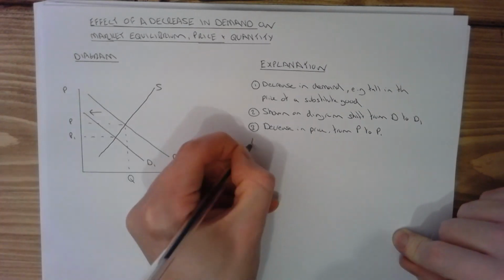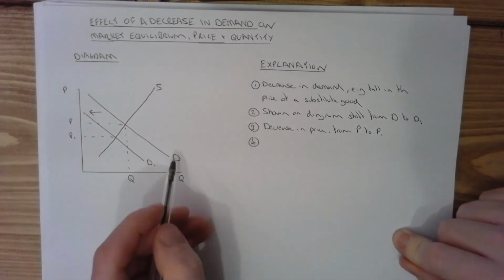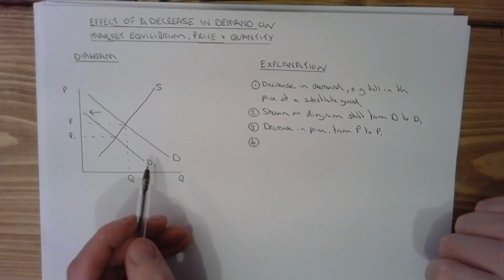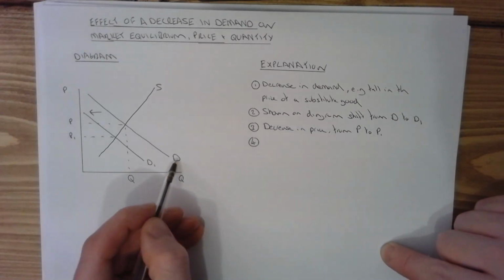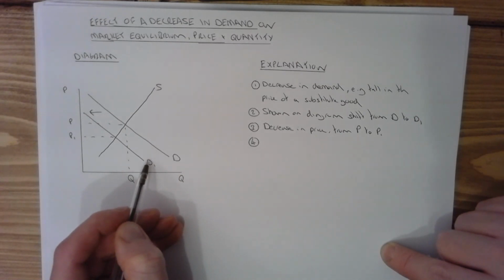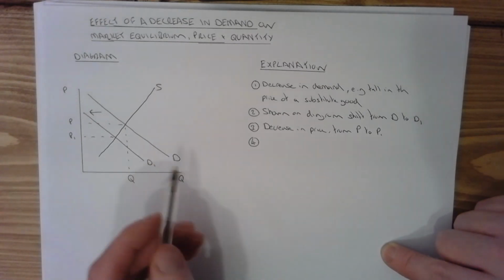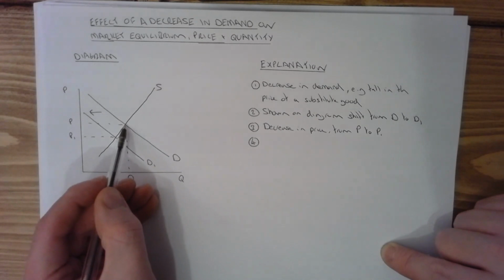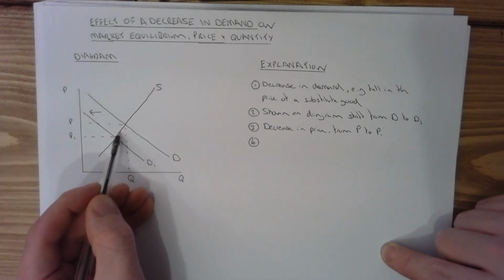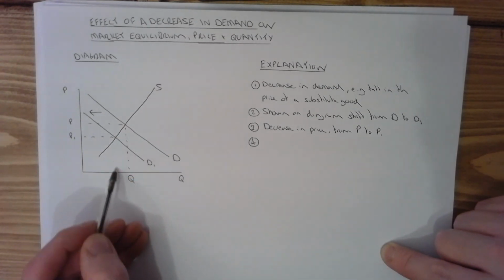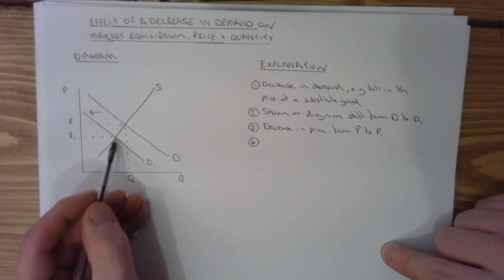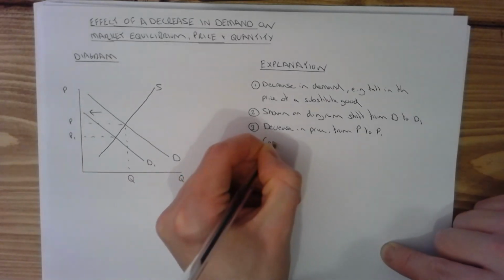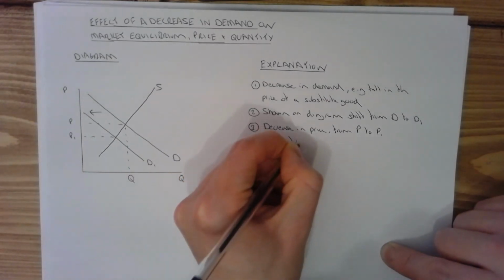Now every time you have a shift in one curve, that's going to lead to a contraction or an extension in the other curve. In this situation we have a decrease in demand, and therefore we've got to have a contraction or an extension in supply, and we can see here that as the price comes down, producers are going to be willing to produce less, because lower prices means lower profits, less of an incentive to produce this good. So I'm going to make a note here that we have a contraction